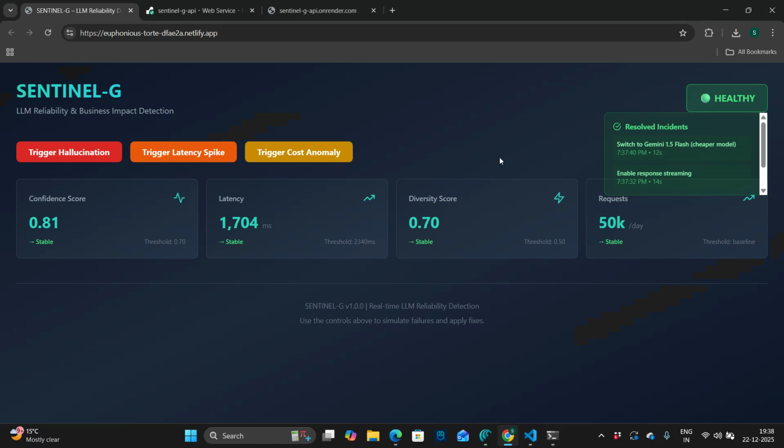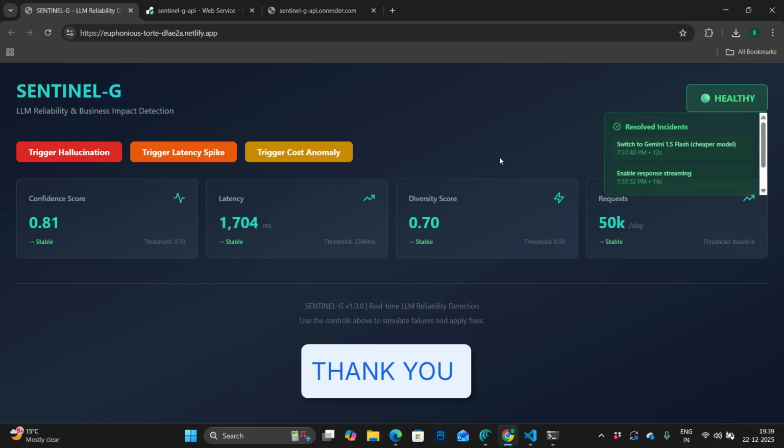I built Sentinel-G using deterministic rules instead of probabilistic ML because reliability systems must be explainable, testable, and trusted. This works on day one, requires no training data, and produces zero false positives. LLMs are becoming core infrastructure, but without reliability, they are liabilities. Sentinel-G turns LLMs into systems we can actually trust and